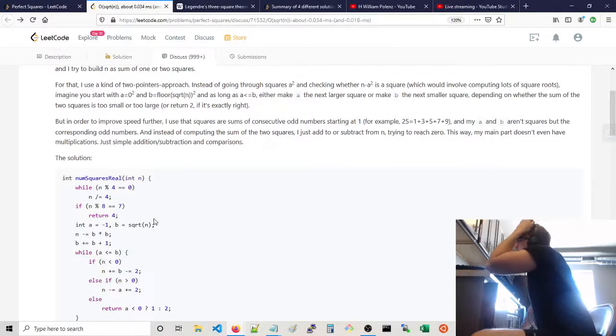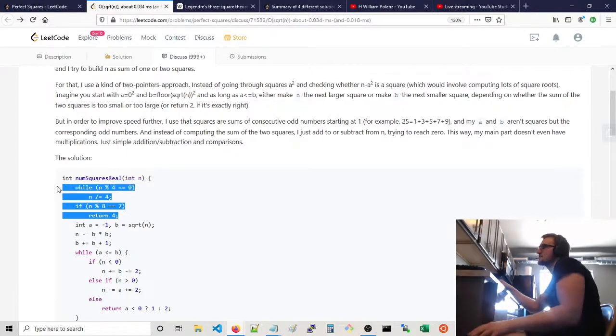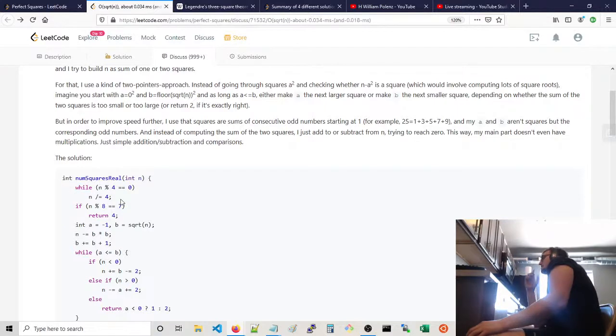If you divide out all the 4s, and you got something 7 modulo 8, basically you won't be able to get there with 3 perfect squares. You won't be able to get there with 2 perfect squares. 1, 2, or 3 perfect squares won't get you to 7 mod 8. That's what I'm reading here. That's what I'm seeing. And why is that? I think it's because